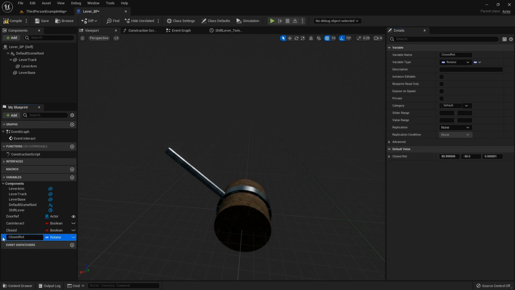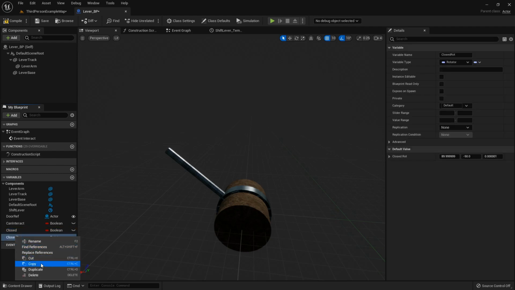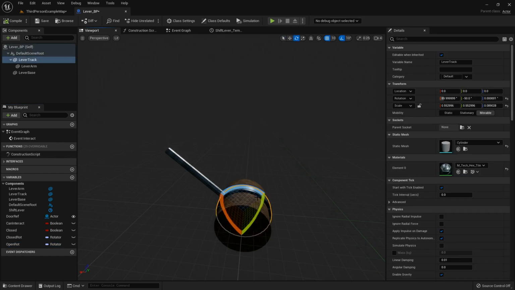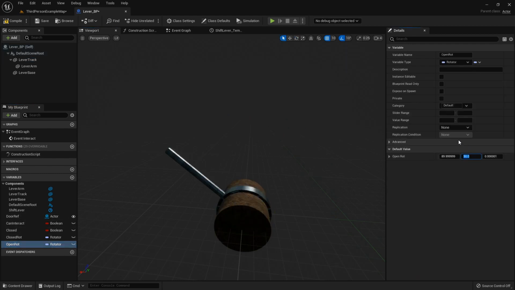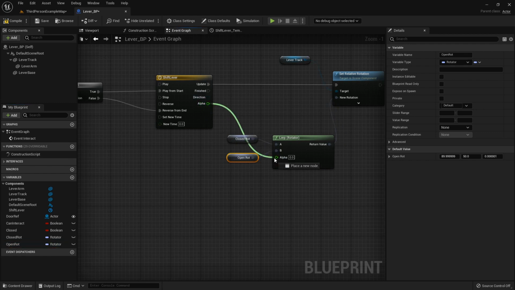And then when we duplicate, there it goes. When we duplicate this, all we gotta do is rename it, compile, and then we can just adjust it. We won't have to do that. So in the open position, be about +50. Well, that works. So we'll just do 50, just like that. So we'll plug in that open rotation, plug in our alpha,